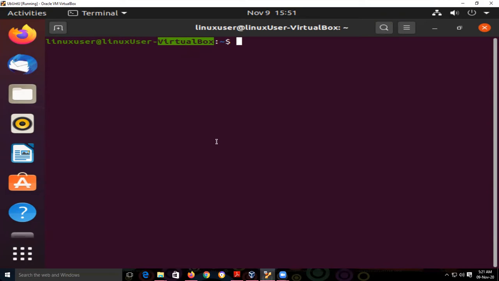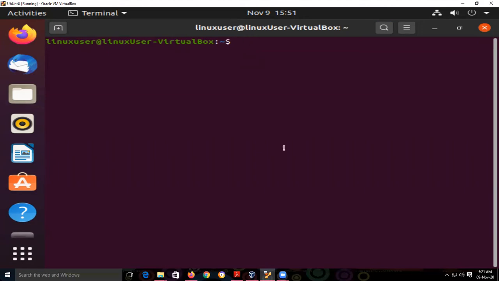But this Linux is installed through the virtual box, therefore it mentions virtual box. If you are the root user, the prompt will be hash like this. But if we are not the root user, a dollar sign will appear.